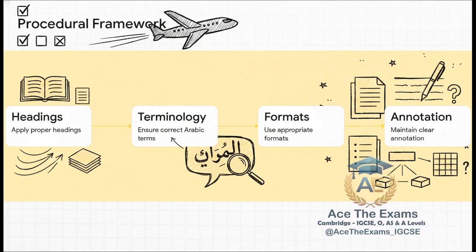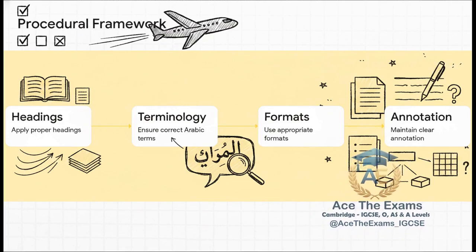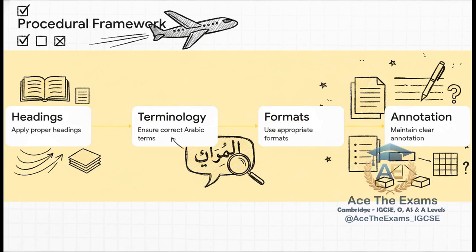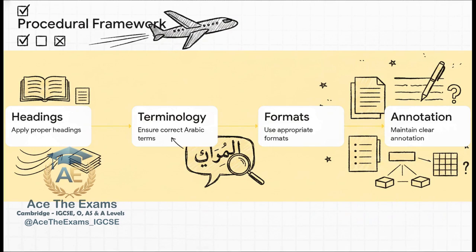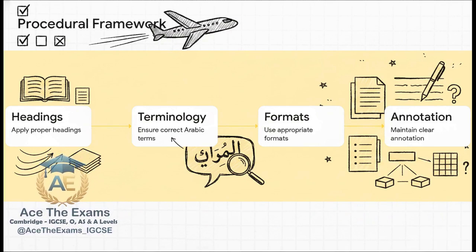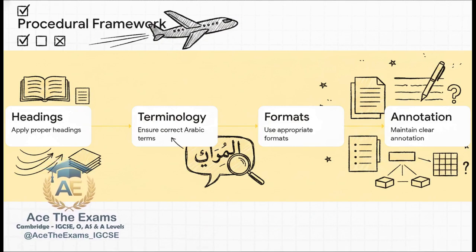1. Apply proper headings to organize those 600 words so the examiner isn't lost in a wall of text. 2. Ensure your Arabic terminology is spot on. 3. Use the appropriate formats required by the prompt. And 4. Maintain clear annotation. These procedural frameworks are basically free fuel. They are easy marks. But it's crazy how many candidates just drop them because they're panicking and rushing against the